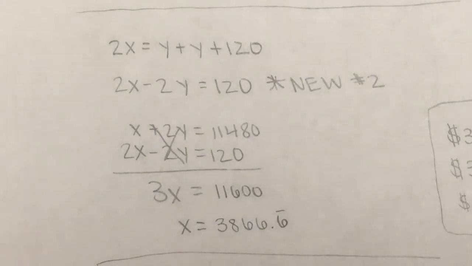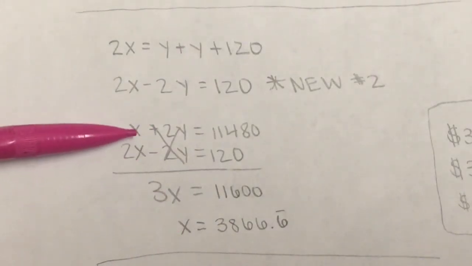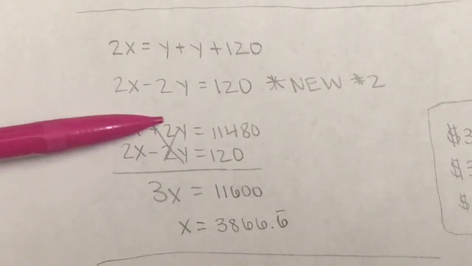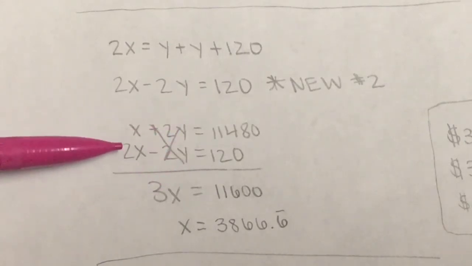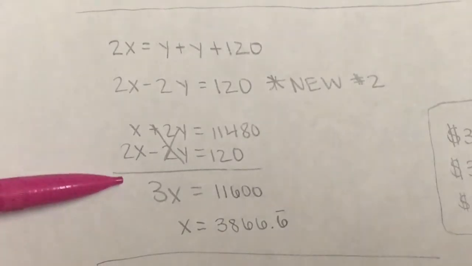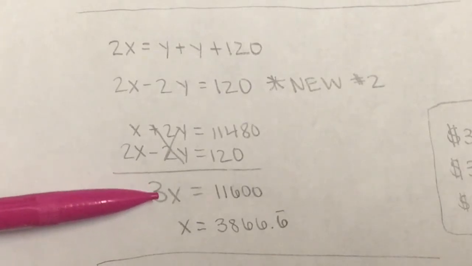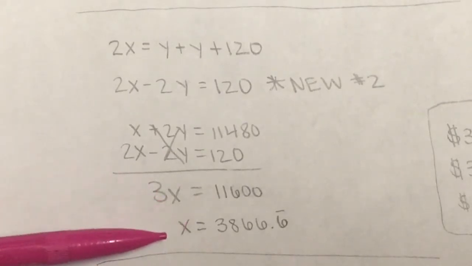To find our variable, we decided to find x. So our 2 new equations, they were already opposite of each other with the y's. There was 2y and negative 2y. So we set them up and did elimination. And when we got rid of the y's, we got 3x equals 11,600. And so x would equal